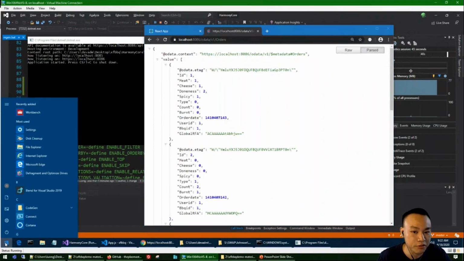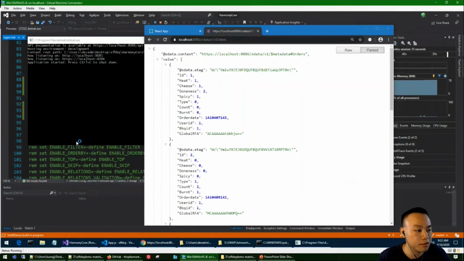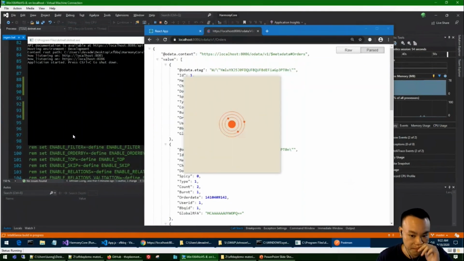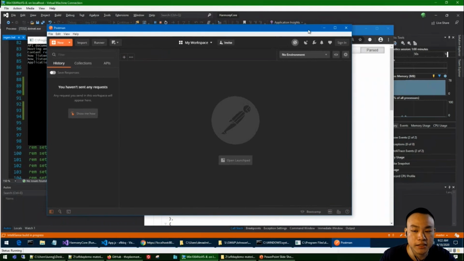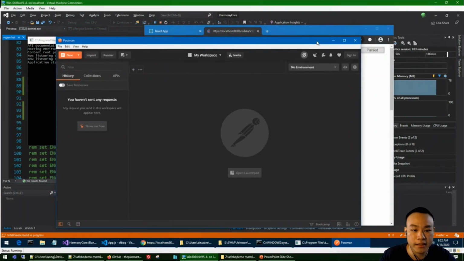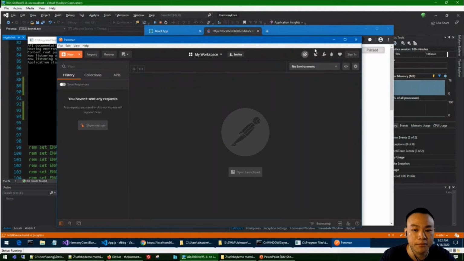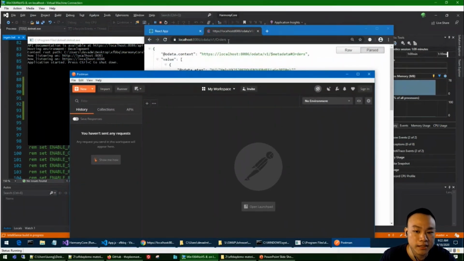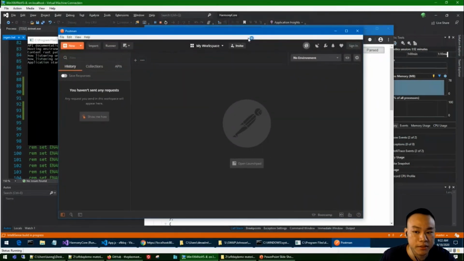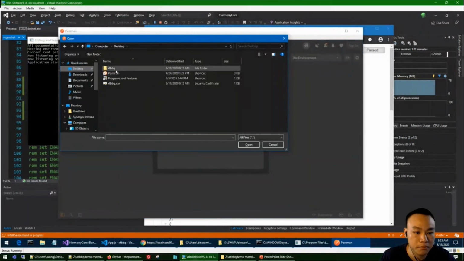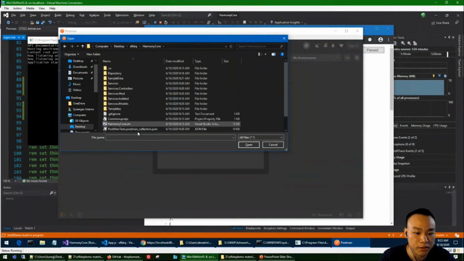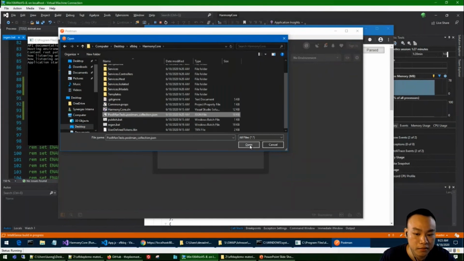In addition, what we can do is look at this from Postman. So I'm going to launch Postman. If you guys didn't know what Postman is, it is essentially an app that lets you test your backend APIs without necessarily having a front end for them. So you could test and look at data this way. That's what we're going to do here. I'm going to import, from the desktop, inside Harmony Core, this Postman collection here.